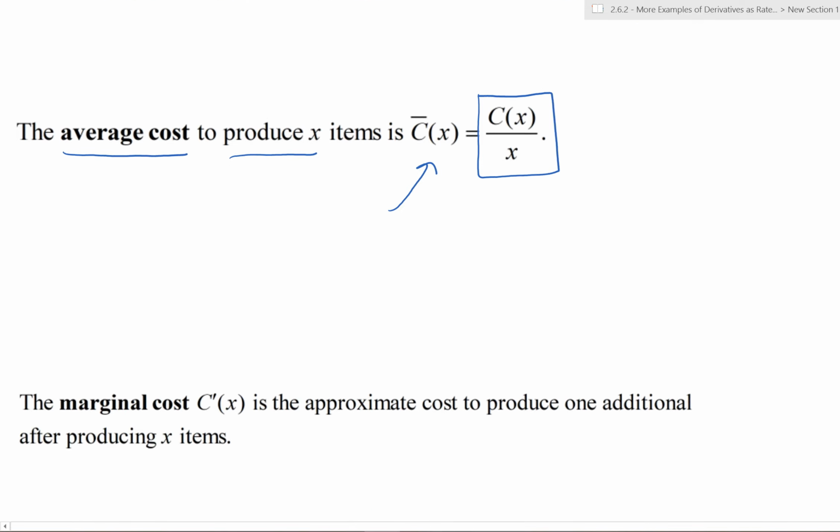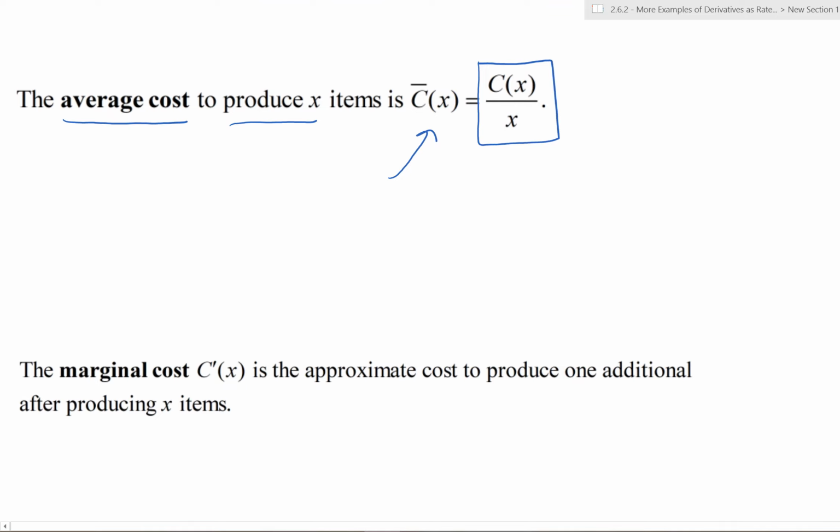Average cost. And then finally, there's what's called marginal cost. And here's where our concept of a derivative starts to take place. The marginal cost function, right here, C prime of x, so that's the derivative of the cost function with respect to x. If you prefer, you can write that as dC dx. And now, this doesn't give us exactly what we're after here, but it does give us an approximate cost of producing one additional item after producing